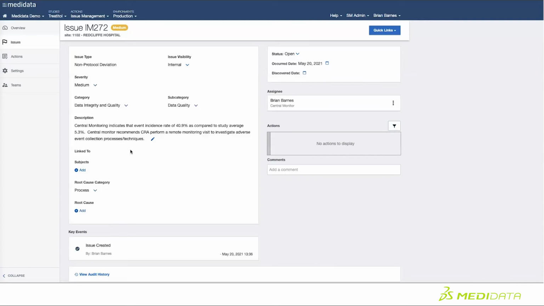So now I can take action via a CTMS that connects and surfaces this data in one place and maximizes the amount of useful information to the CRA so that they can have more effective interactions with the sites, whether that's happening on-site or remotely.